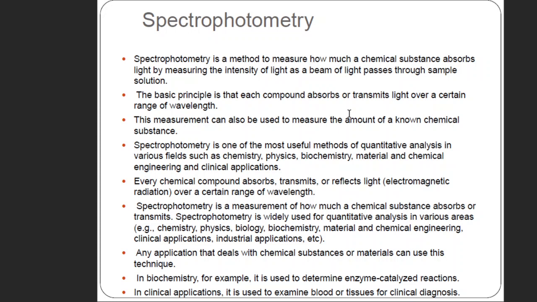So here what we do is, we take into account the different light sources, and we form a different spectrum of it. We choose a particular wavelength of radiation, allow it to fall upon the matter of our interest, and allow that matter to absorb that radiation. Based on the amount of radiation it has absorbed we can quantitate it, or based on the amount of light that is transmitted out of it, we can quantitate it. So this instrument is used for both qualitative as well as quantitative